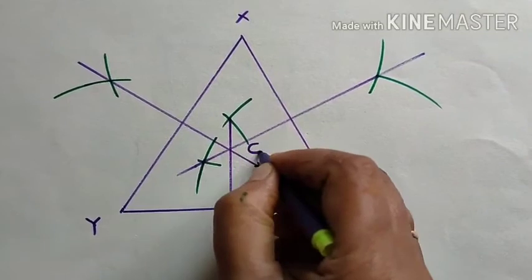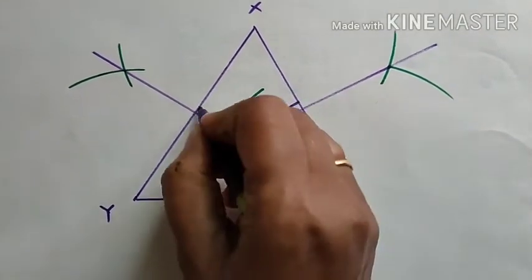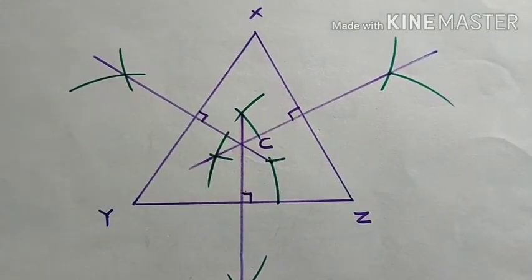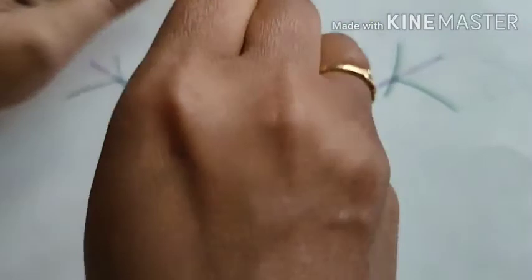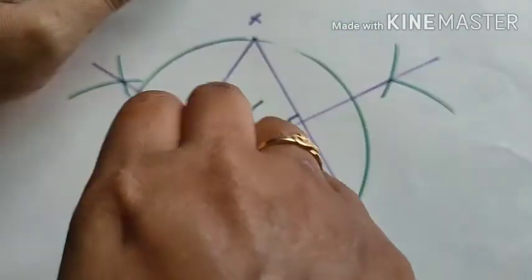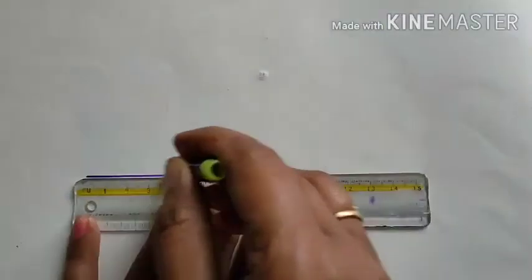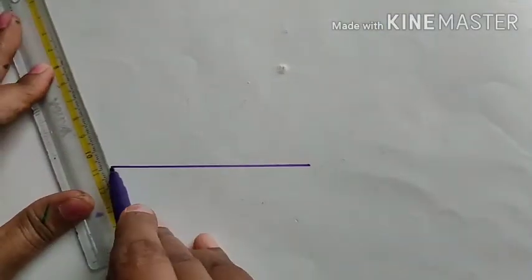Name the point of concurrence C. The point C is equidistant from points X, Y and Z. So draw the circle taking radius CA. We can draw the